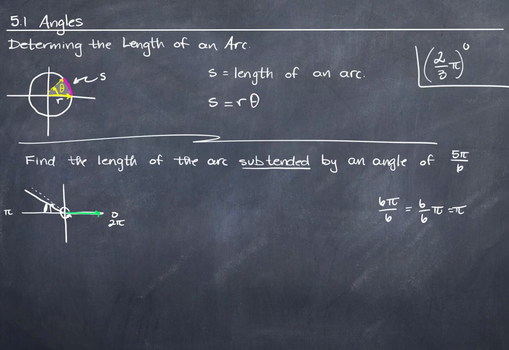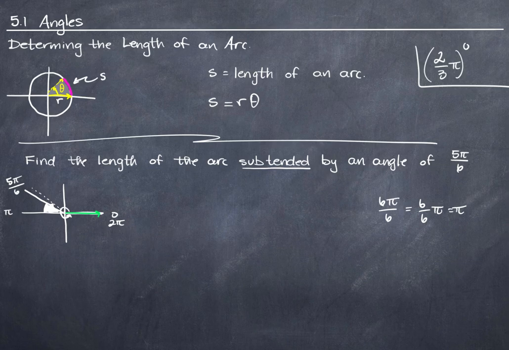That's 30 degrees less than pi. So this is approximately 5 pi over 6. And for my purposes, that's close enough. I just kind of want to visualize it. You don't necessarily need to do that, but if you did want to visualize it, that's maybe how you could do that. Now my job here is to figure out the arc subtended or cut off by an angle of